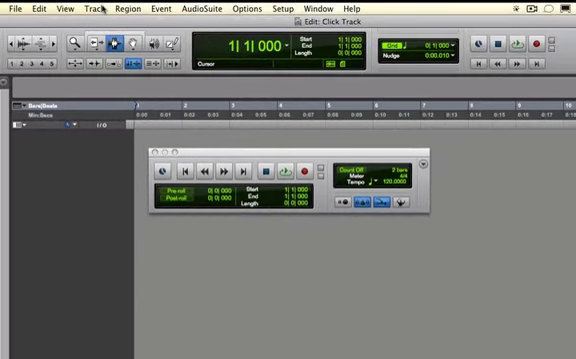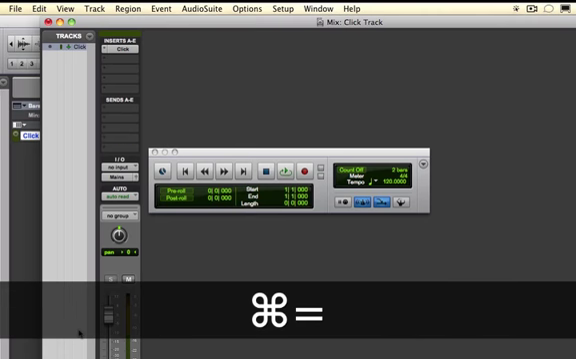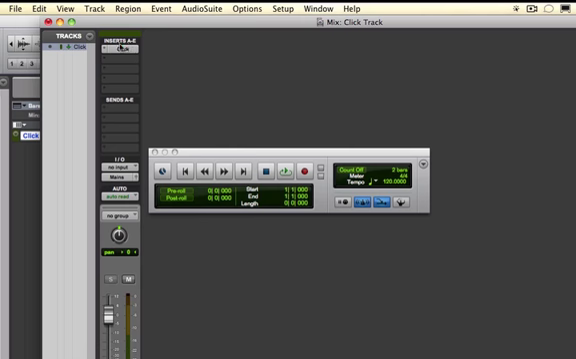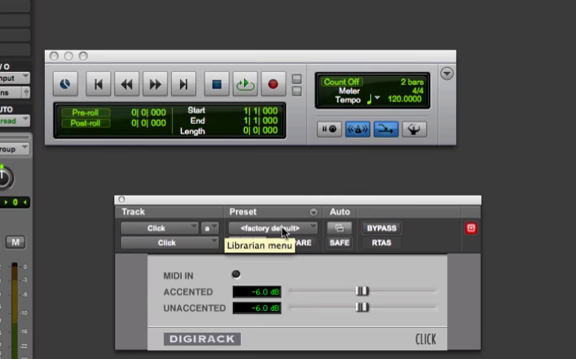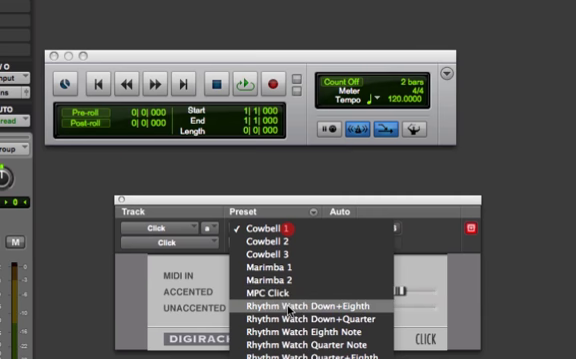Now in order to create a click track, it's pretty straightforward. You go into the tracks menu, create click track. If I go Command equals to pull up my mixer, you'll see here's my click plugin. Now the presets for my click plugin are all available here. They're fairly obtrusive. And you can see that if I change this into these rhythms,